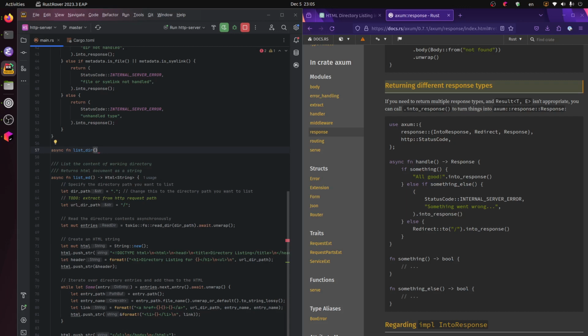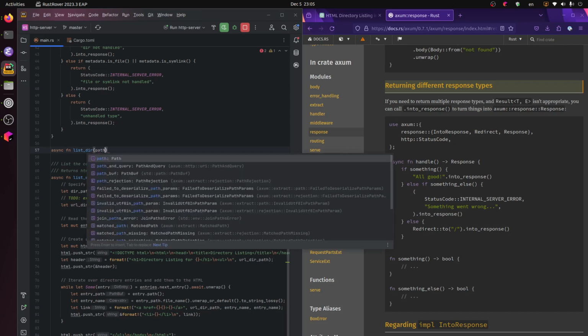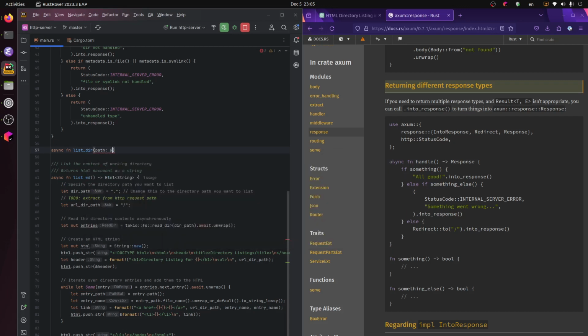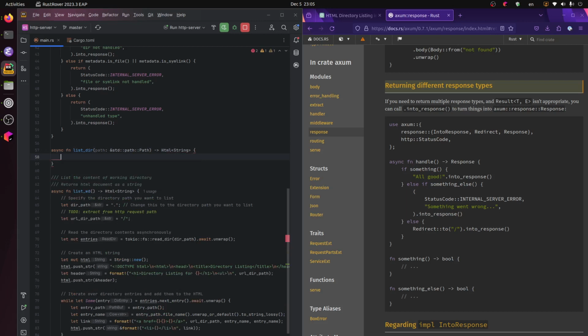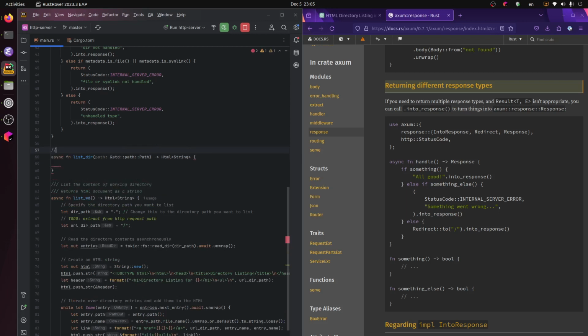And the input parameter would just be a path, right? And the return value would still always be a HTML. And the path can be two cases. If the path is a dot,